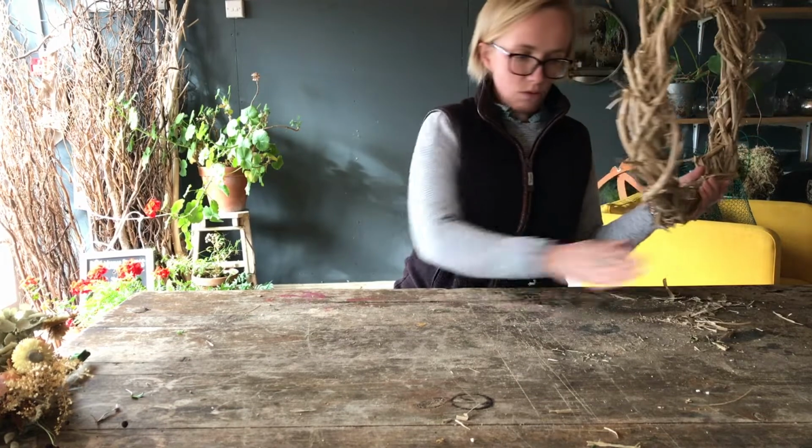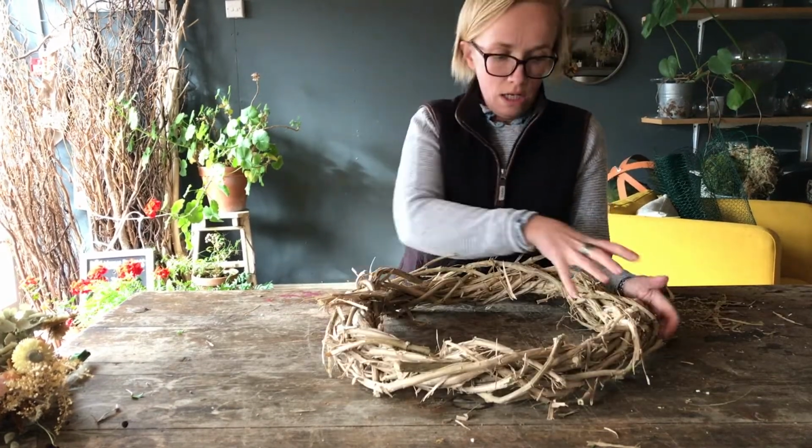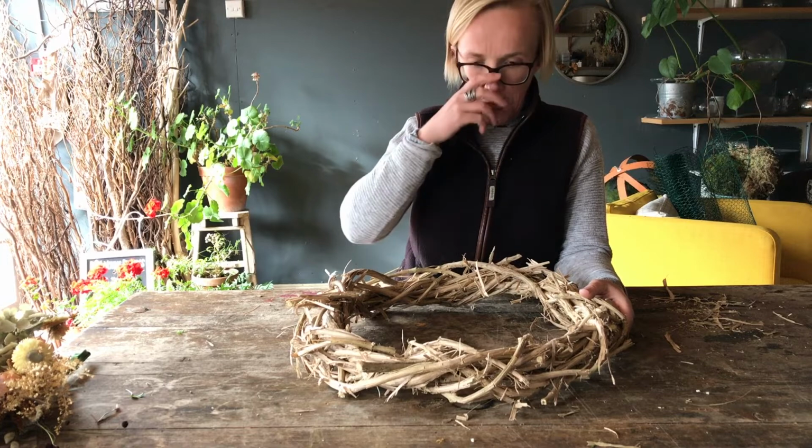So my thought with it, decorating wise, is that you could use some flat moss and cover maybe half of it in moss, with twine to put it on, or you could use real wire and attach it, and that